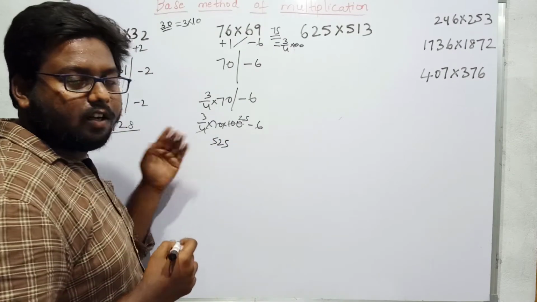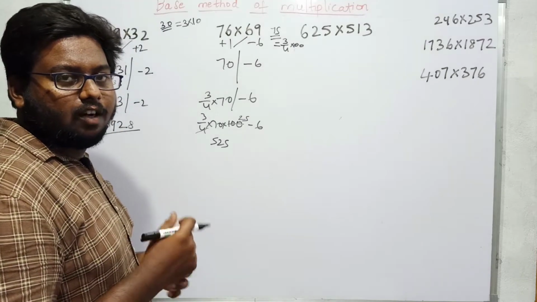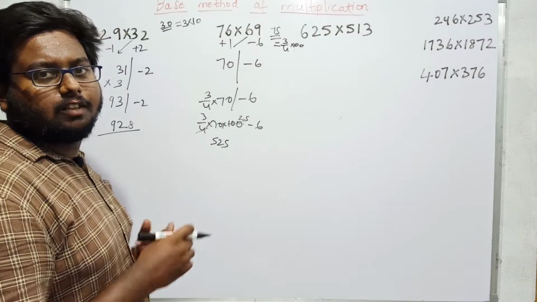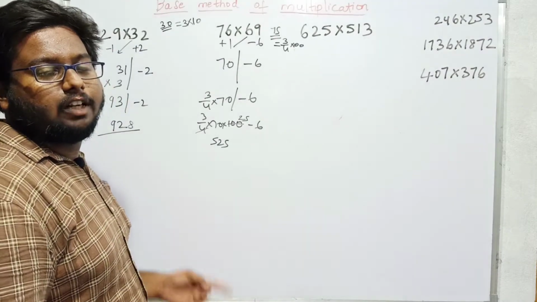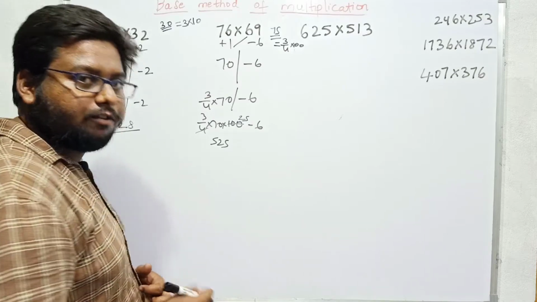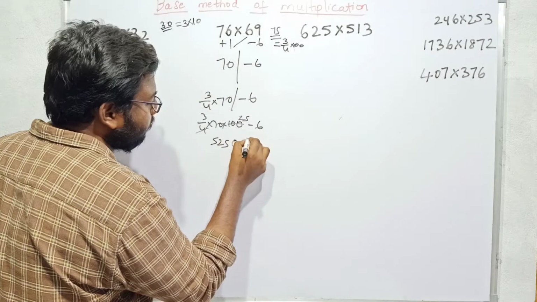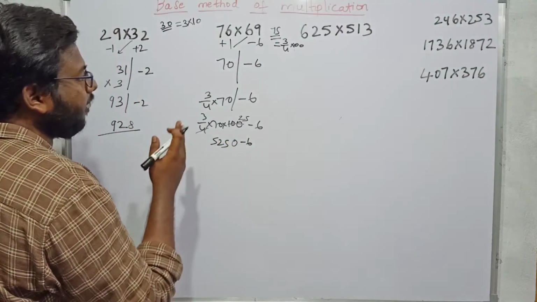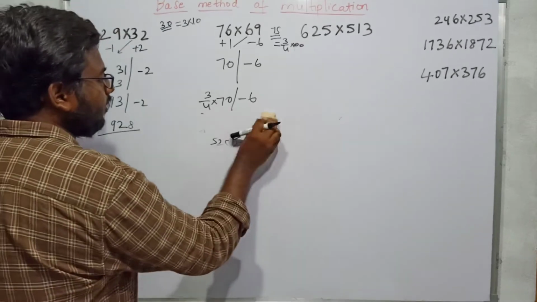If you don't know this, go to my previous videos, where I discussed multiplication and division with 525, 125 without touching the pen. If you have to calculate 41378 by 25, then you can calculate that number, which is not perfectly divisible by 25, also without touching the pen. I said everything conceptually. 5250 minus 6 is nothing but 5244. And I think you got this concept now.